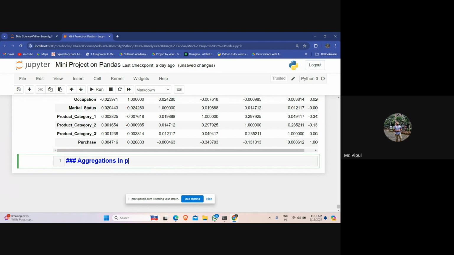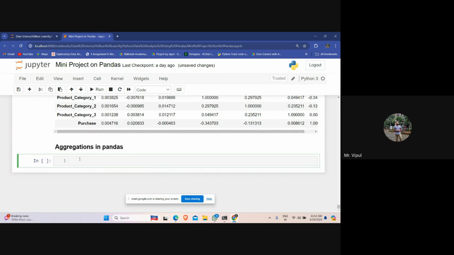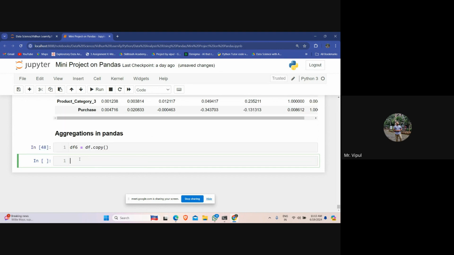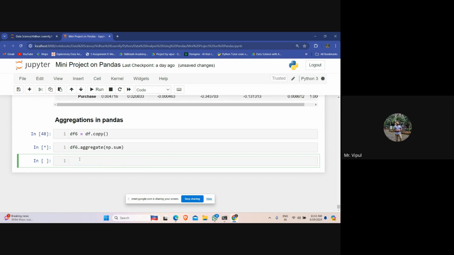Aggregations in pandas. So let's say I'm creating a copy, df6 equal to df.copy. And what I'm doing is df6.aggregate, np.sum. Or let's say